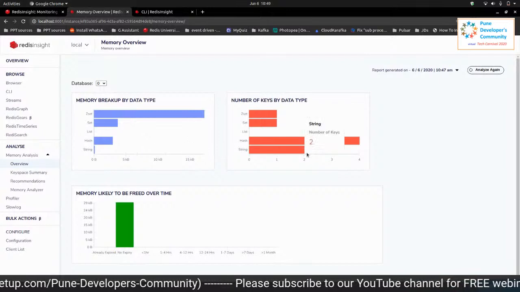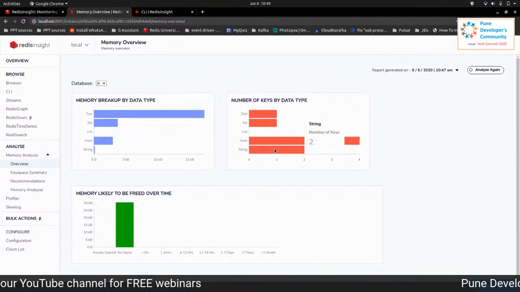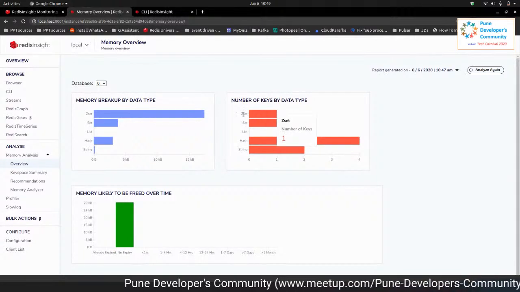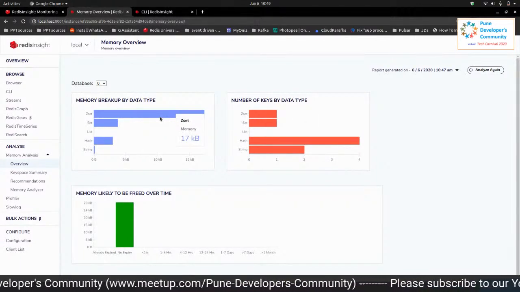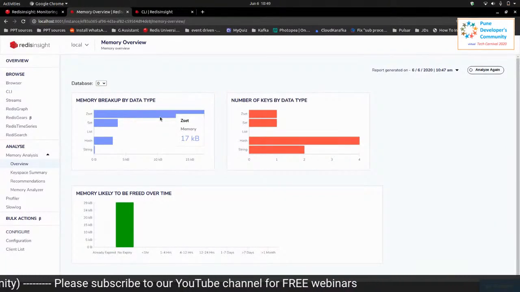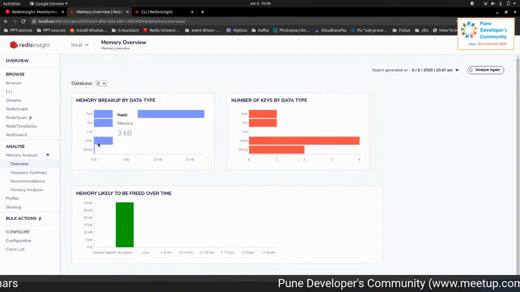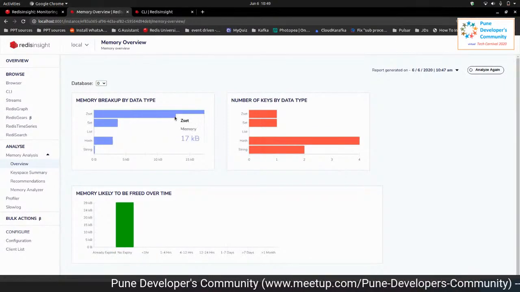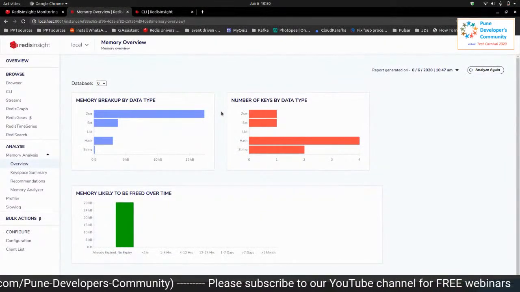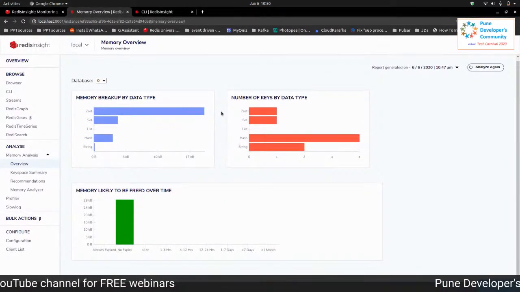Here you can picture exactly that, in spite of four keys for hash and two keys of string, and only one key for sorted set, the memory utilization of one key of one object is about 17 KB, whereas four keys of hash plus two keys of string combined is much less than your sorted set. So you can clearly picture that either there's a lot of data in the sorted set, or something is wrong. You can easily visualize that, and then look into your